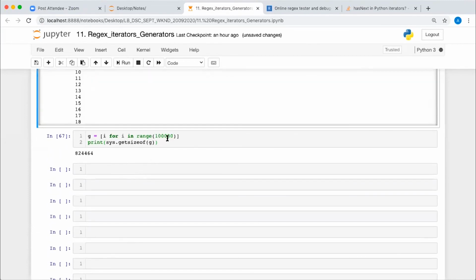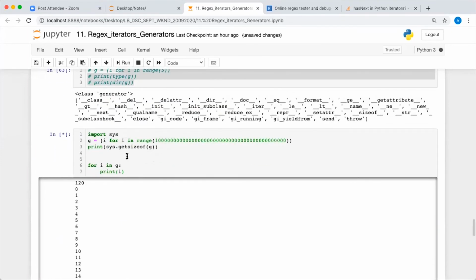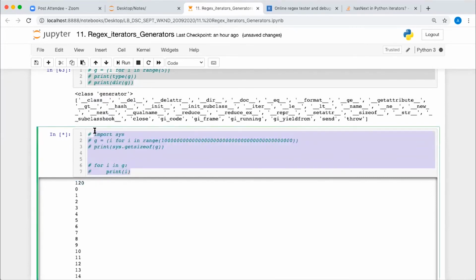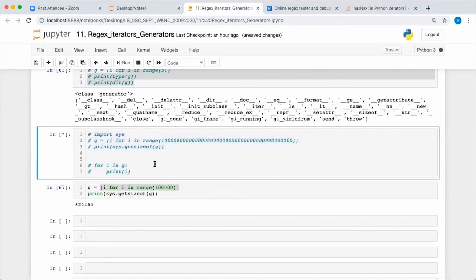You are generating the numbers here. What happens in the case of a list? All these numbers are sitting in the memory and they are occupying the memory. So after some time you may run out of memory, whereas in this case you will never run out of memory. It will always be doing the garbage collection, and it doesn't matter how big a number or how small a number you take, every time it will be taking only 120 bytes of memory. Clear? Fine, everyone.